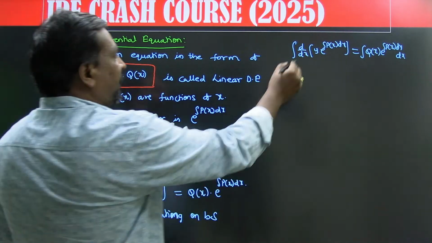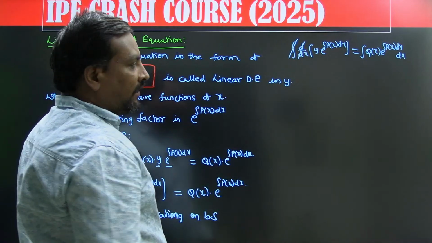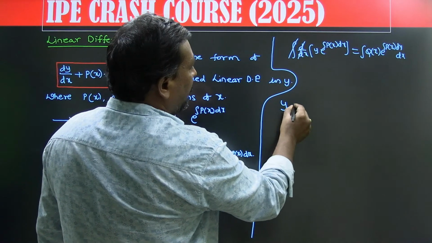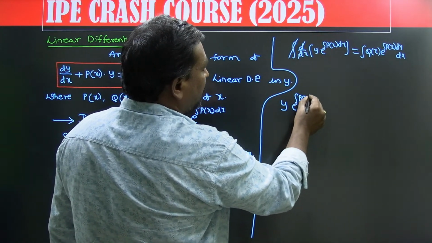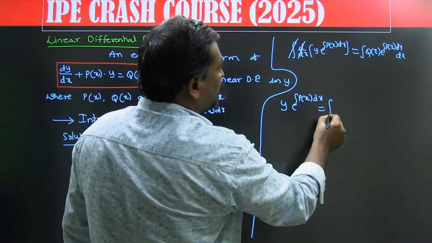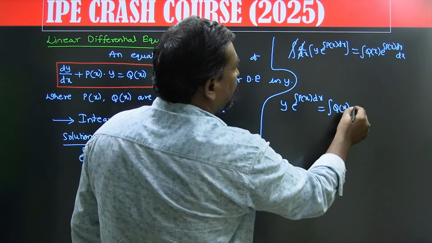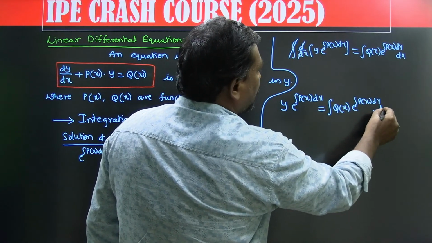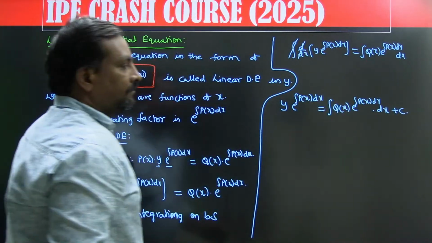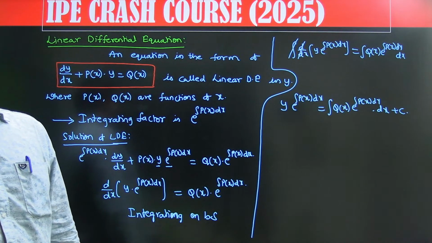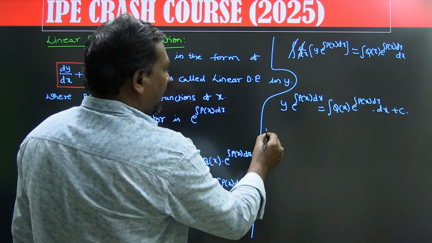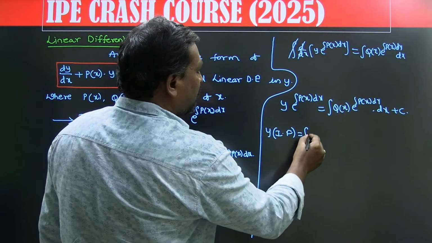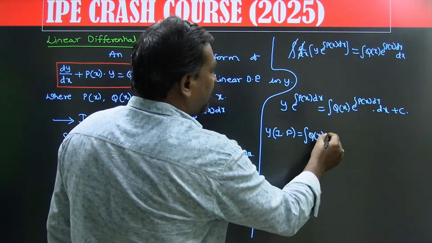So then this differentiation and integration will be cancelled. So here we can get this value: y into e power integral p of x dx is equal to integral q of x into e power integral p of x dx into dx plus constant c. So this solution can be written as y into integrating factor IF is equal to integral q of x into IF